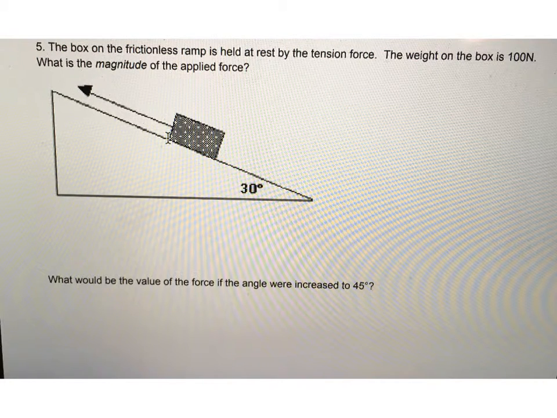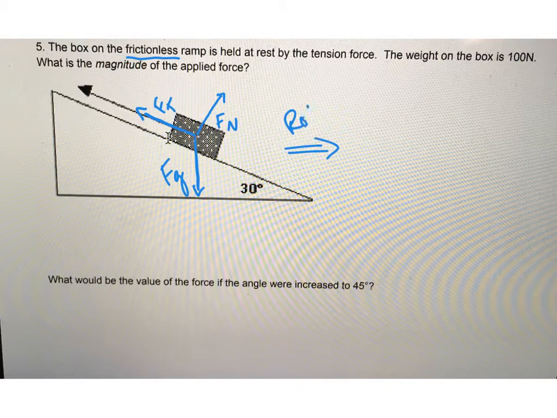This is a pretty classic physics problem to put an object on a ramp and try to determine the magnitude of a force. So if we think about right away, the forces that are acting on this box, gravity always pulls straight down. The normal force always pushes up perpendicular to the surface. And in this case, the ramp is frictionless, but it's being held by a rope. So we have some force of tension that is pulling up the ramp. So for problems like this, where you have an object on a ramp at an angle, it's often a lot easier to rotate your system,